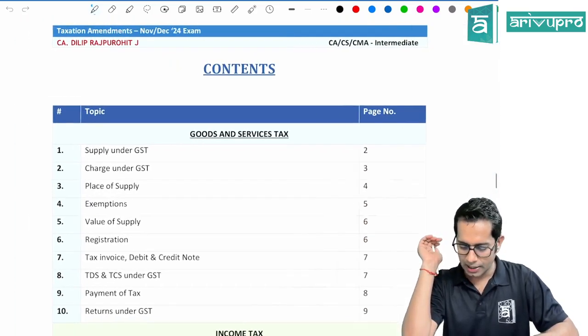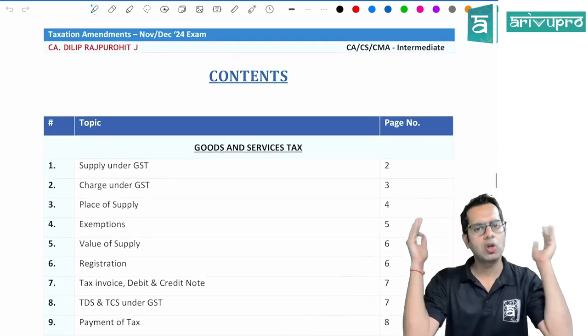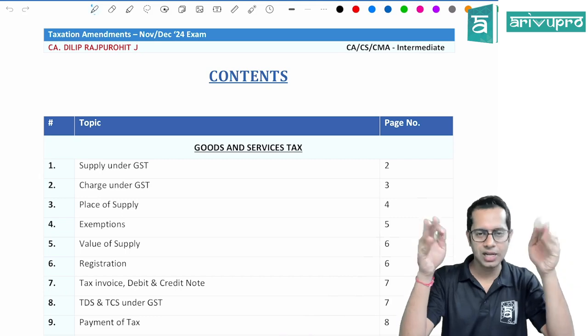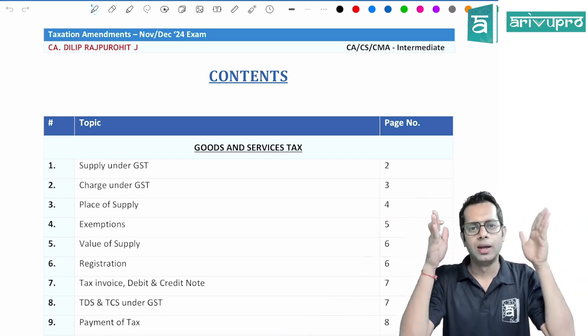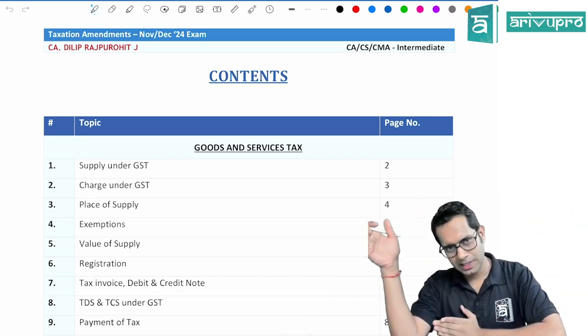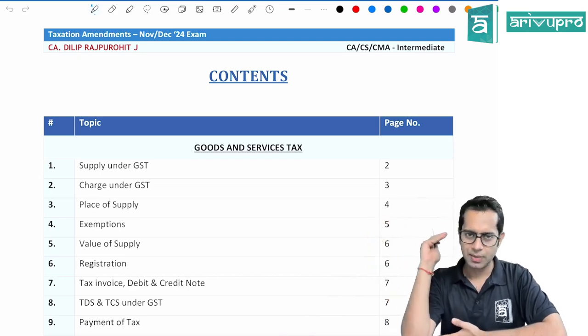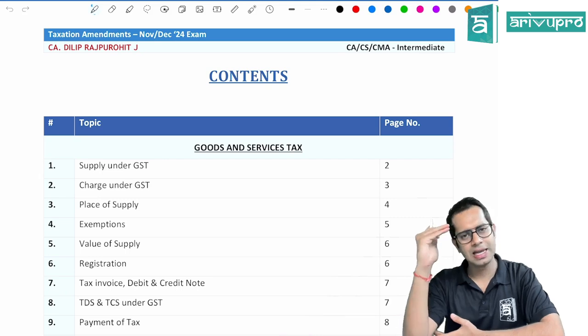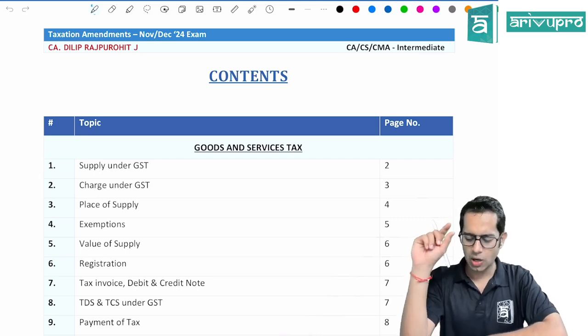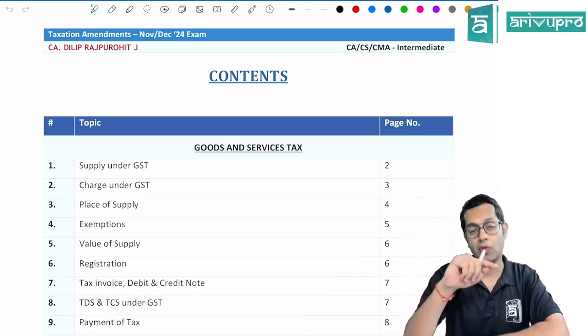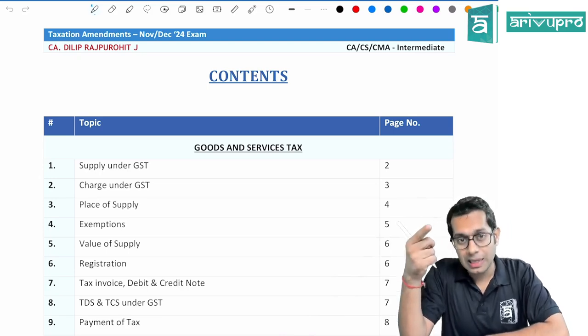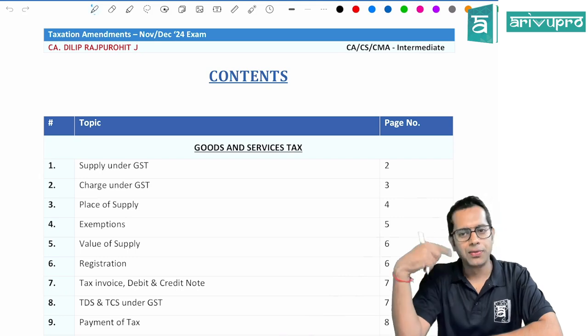Okay. Sir, are there a lot of amendments which we have to study for this examination? Answer is completely no. Whatever amendments were there for the previous examination, which is that June examination which happened for CMA students, that same amendments are applicable. There are not much changes in the law, but however, for upcoming exam, that is for June,